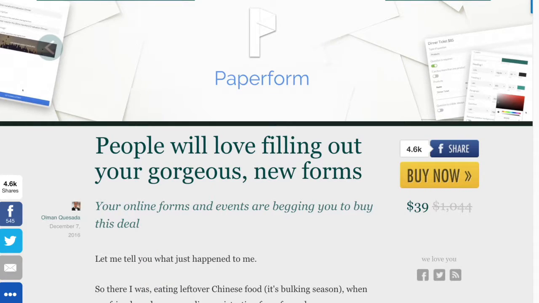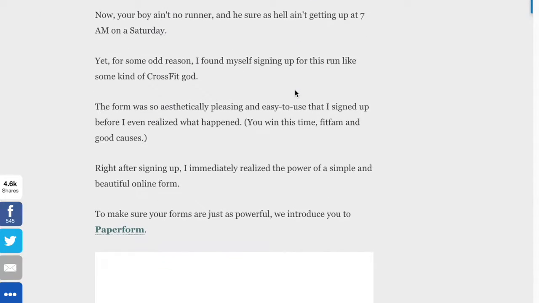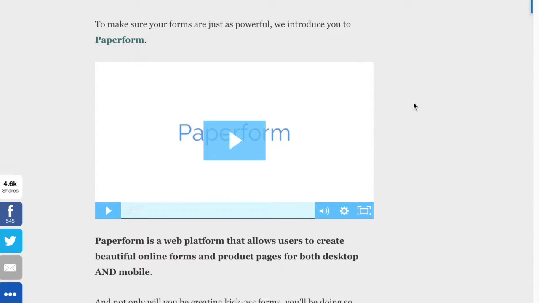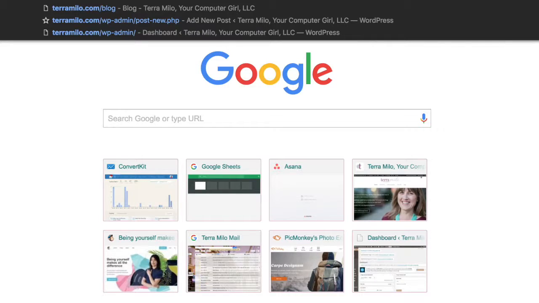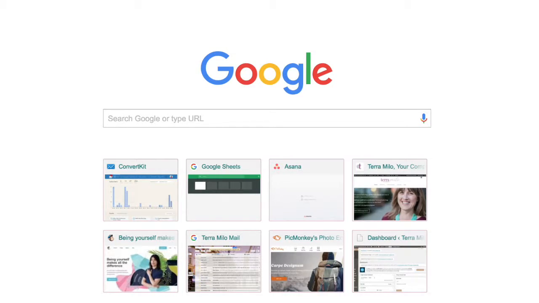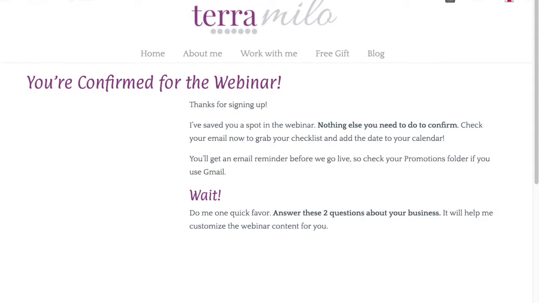Now here's another one. I just discovered this and I'm totally in love with it. It's called Paperform, and it allows you to create really gorgeous surveys and forms. So think about your client intake form. You want people to fill out an intake form. You can create that using